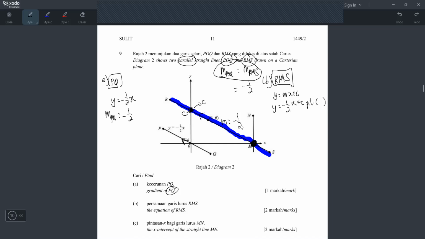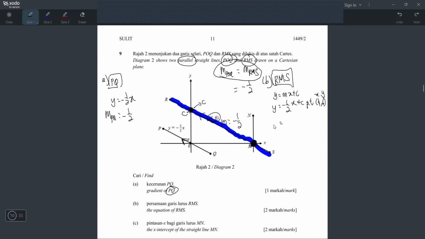and then saya guna perkataan ni. PT stands for passes through, and then saya ganti masuk any point yang ada passes through. So can you tell me any point yang ada passes through garisan biru ini? 4, 6. Okay, you cannot use other point. Sebab you boleh guna point yang ada passes through saja, yang ada melalui. Kalau point tak ada passes through tak boleh masuk. Okay, sekarang kita boleh ganti masuk x 4, y 6 dalam sini, and then kita boleh dapat c dah.